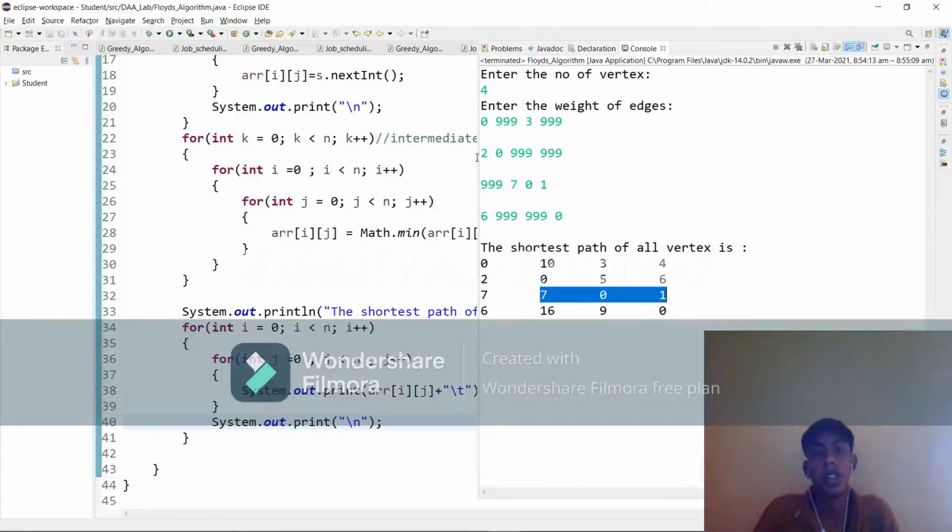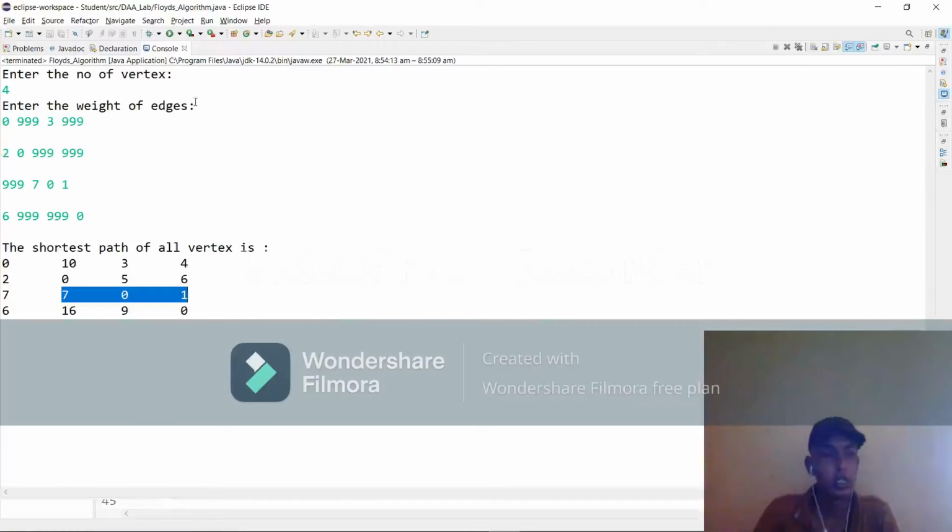So this is the code we have implemented, and we got the correct answer for the example program we demonstrated. This is Floyd's algorithm for finding the shortest path of all vertices, implemented in Java programming.